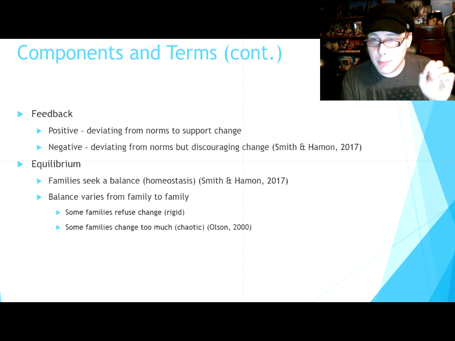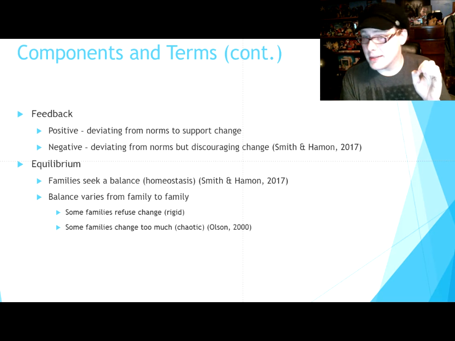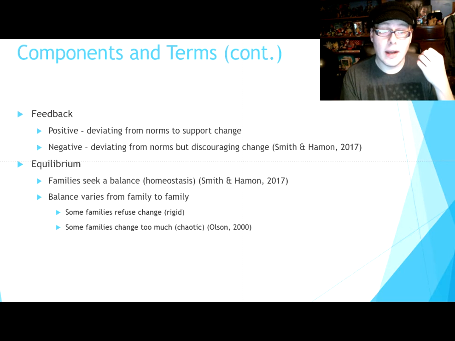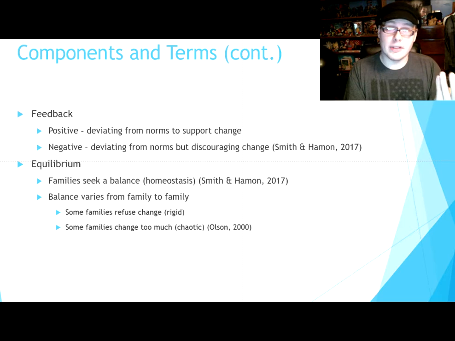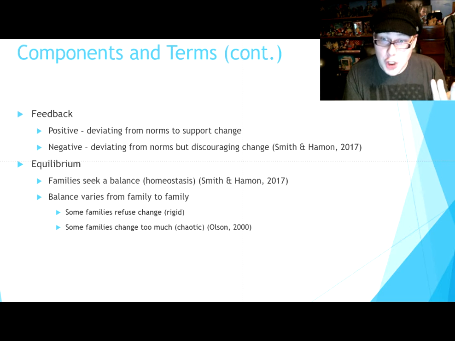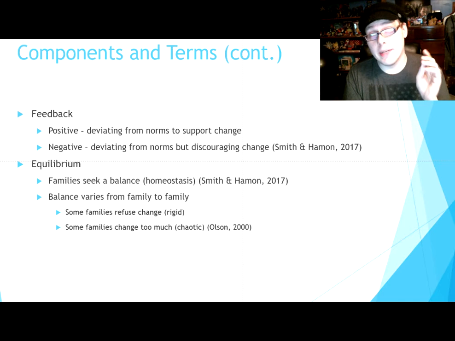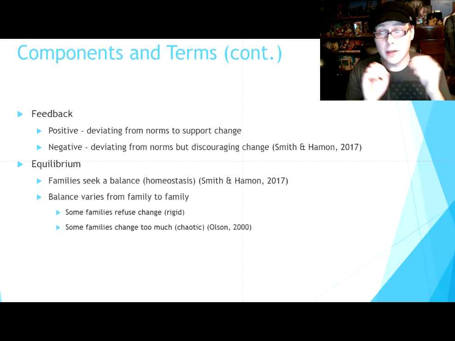Then you have the equilibrium of the family, that homeostasis, as Smith and Hammond refers to. Families seek that balance. Now, the balance varies from family to family. Some families refuse to change, which would be rigid families. Some families change too much, which would be chaotic, according to David Olson, his circumplex model.